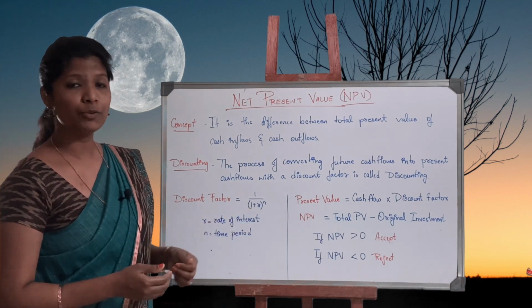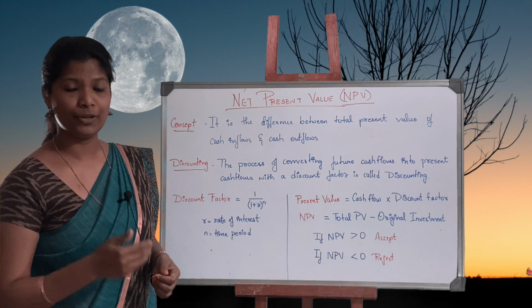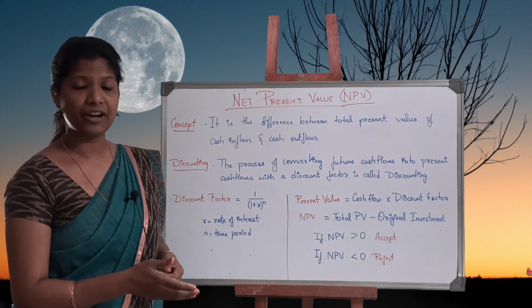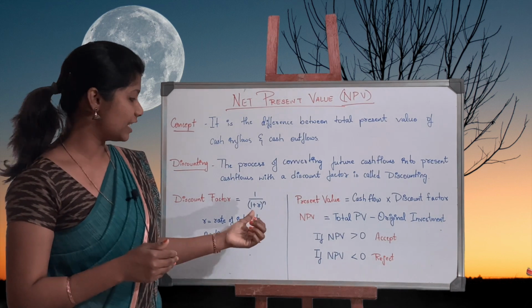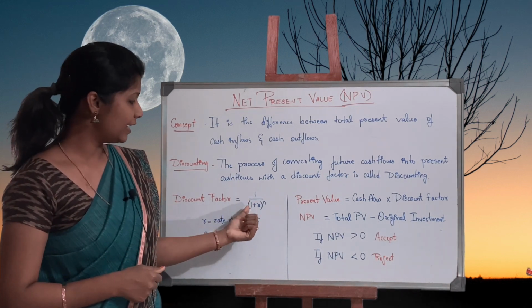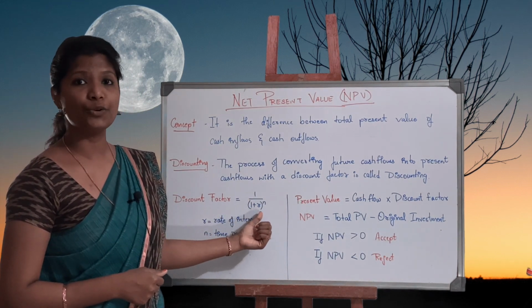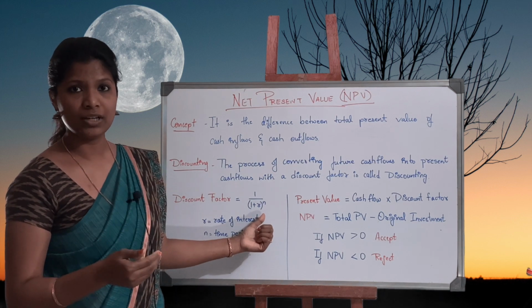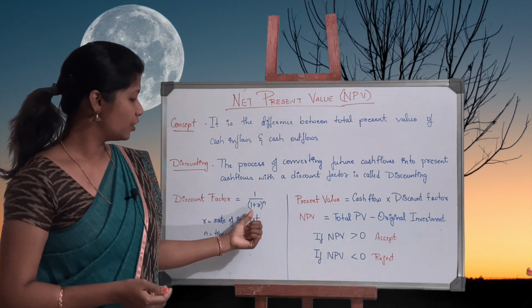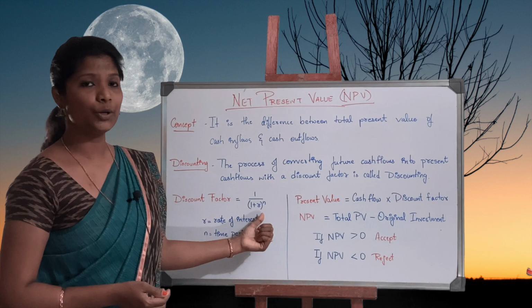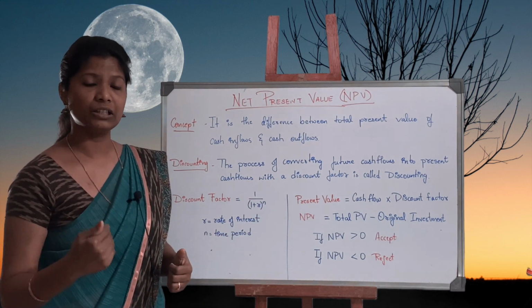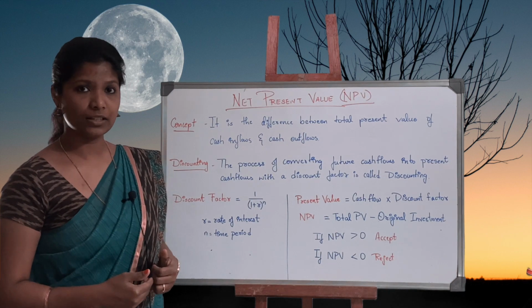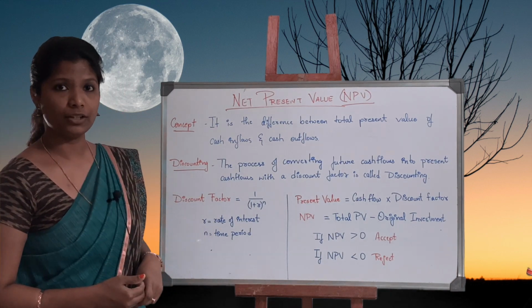Now here r I'm going to convert into decimal format. You remember what we did for time value of money? Same thing. We're going to convert it into decimal format here. So 1 divided by (1 plus 0.1). 10 by 100 is what? 0.1. So 1 divided by (1 plus 0.1) to the power of 1 for the first year, then second, third, fourth and so on. Is that clear? That's the discount factor formula.